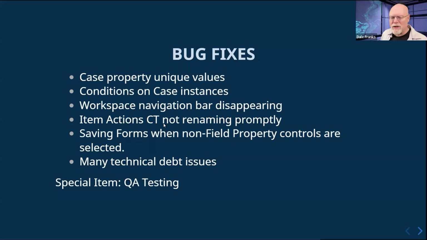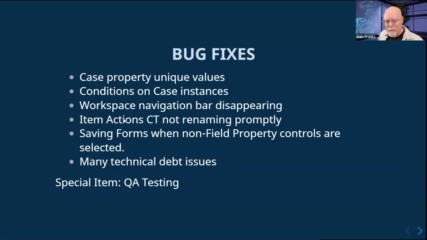And the item actions CT was not renaming promptly. This was especially noticeable if you were running the item action CT and then immediately after that running item actions to store or export to file system a renamed file. What was happening was the file was being exported with the old name, the name that existed before the item actions CT ran. Ultimately, the item actions CT would rename it, but it simply wasn't renaming it fast enough because